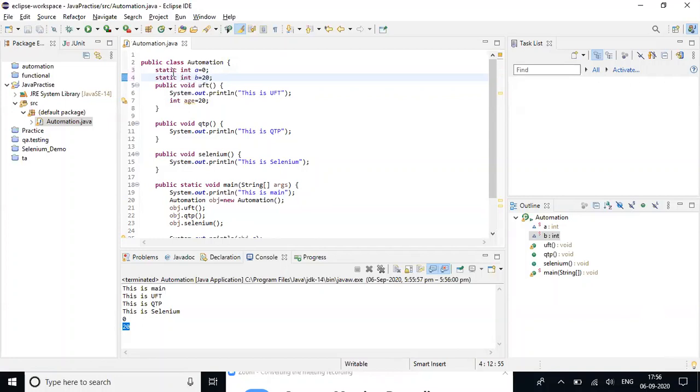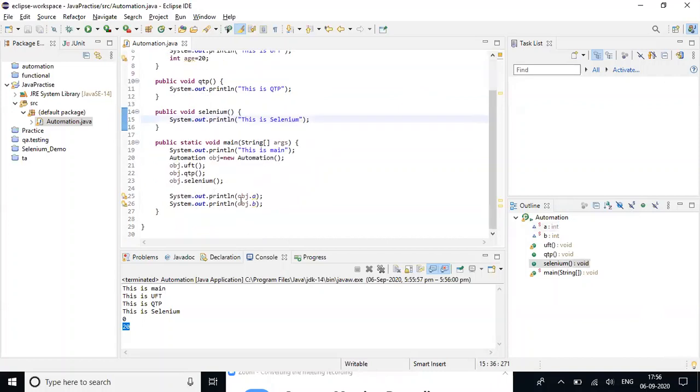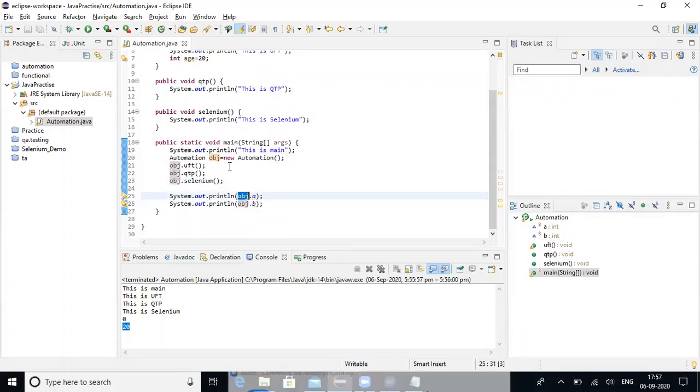Why? Because it has the keyword static, it belongs to this class. And if you see this, you will get a warning saying static field Automation.a should be accessed in a static way. What is that static way? If it is a non-static or instance variable, you use an object to access the variable.